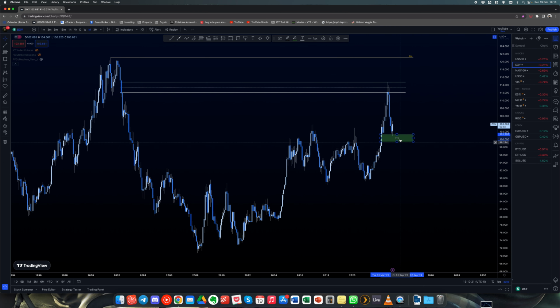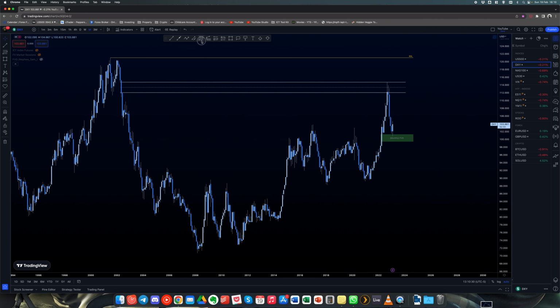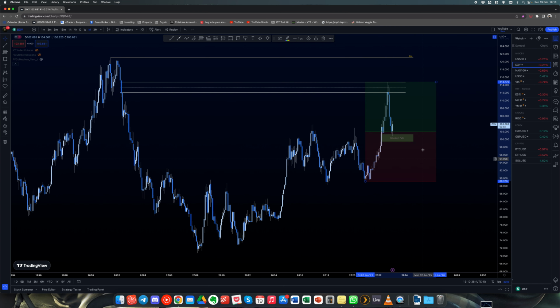this green box. Highlight this as monthly fair value gap. Okay, and for completion's sake, we'll take it right from the low, although arguably we could go from the other low. I don't think it's going to make much difference though. So either this low or this low. I mean, probably this low, because this is what actually started the move. Either or, I don't think it matters. This actually looks neater from where we've rejected here.